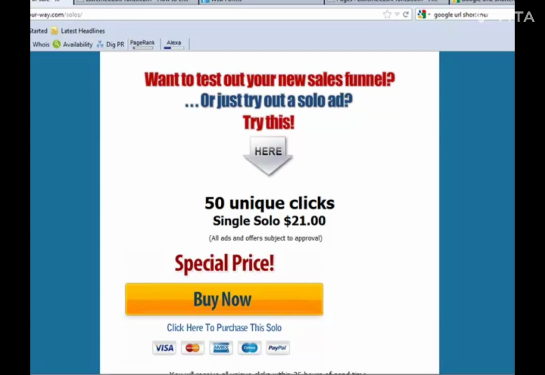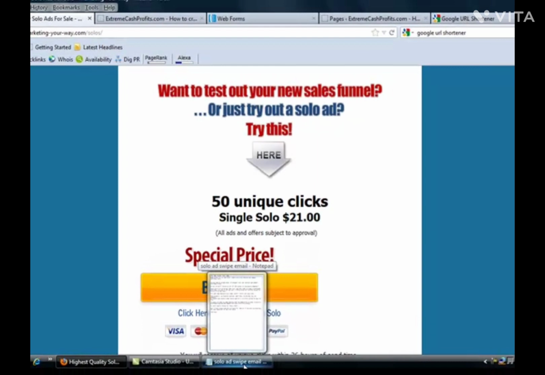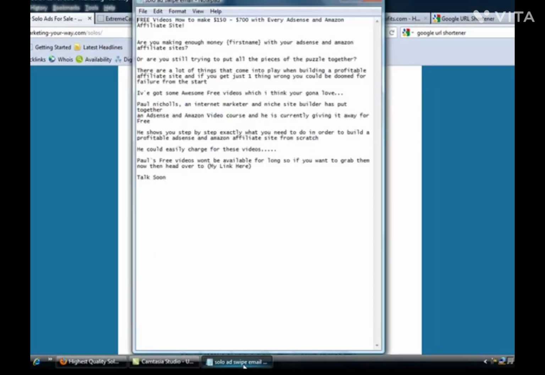So we've purchased our first solo ad, they've approved it. Sometimes they may require a swipe email. If they do require a swipe email, all that is a ready-made email template that they can send to their list. But bear in mind, this email that you have to construct, if they do require you to send them a swipe email, don't worry about it too much, because they may tweak it